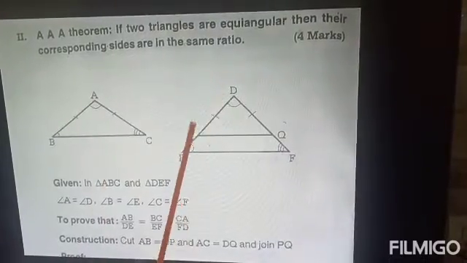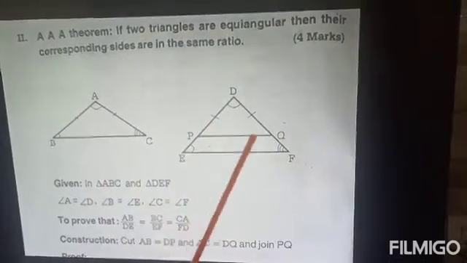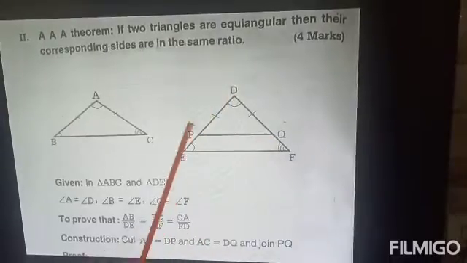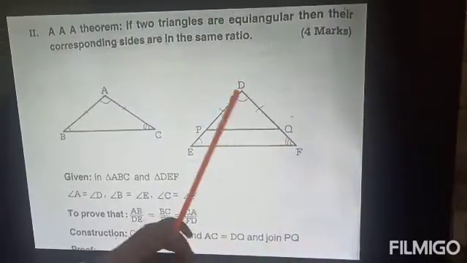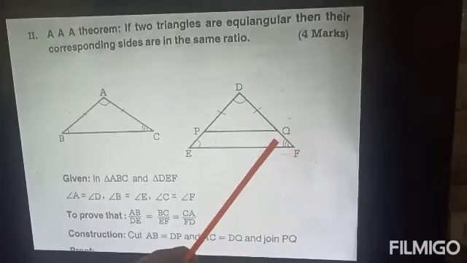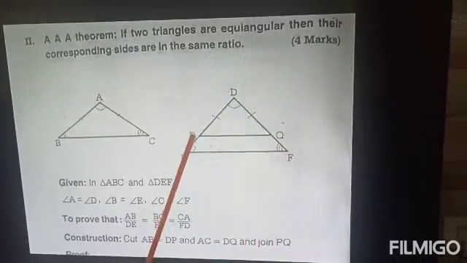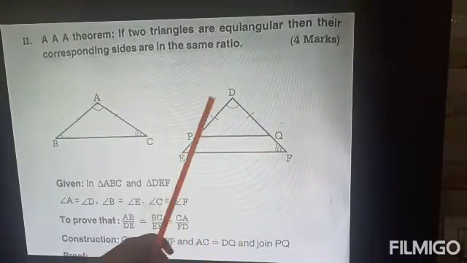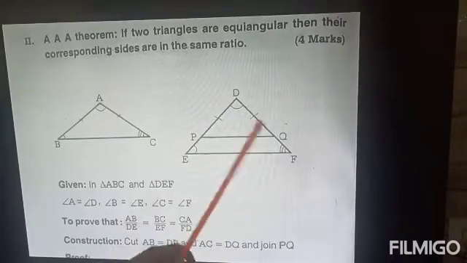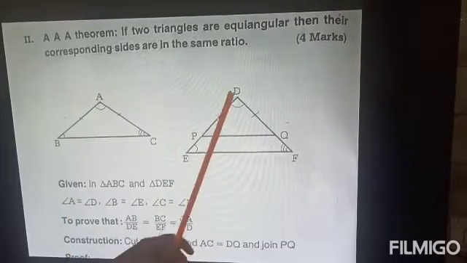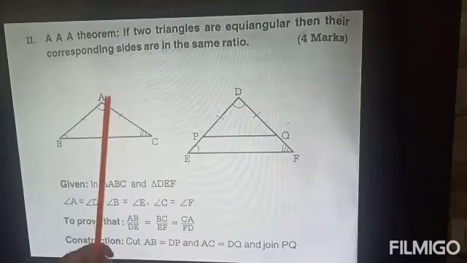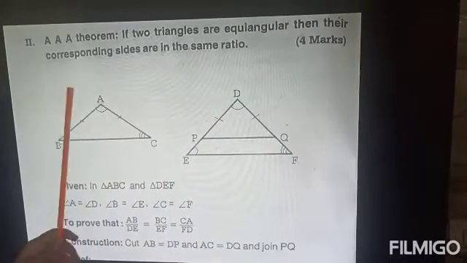Mark P and Q on DE and DF respectively, such that DP is equal to AB, DQ is equal to